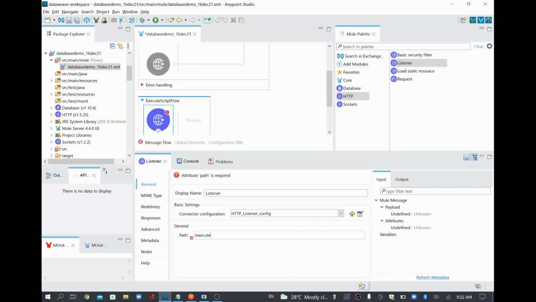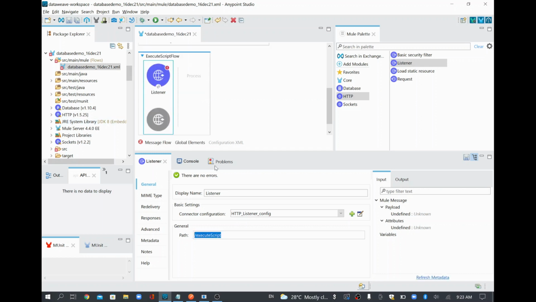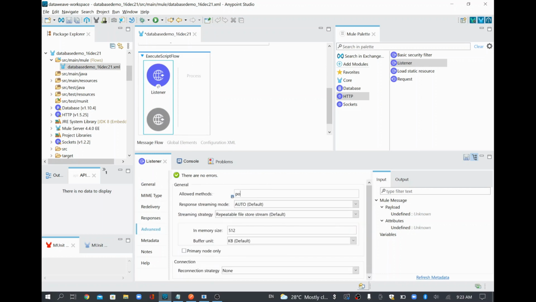I'll say execute script, and I'll just copy this one and put it into the display as well. And this is a post method, so I'll give the post method, and in advanced also I'll say this is a post method, so that we know what this flow is.